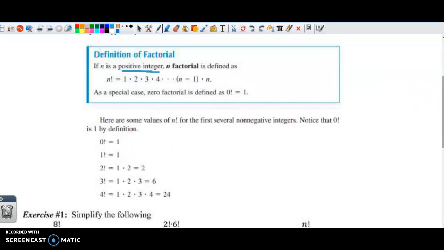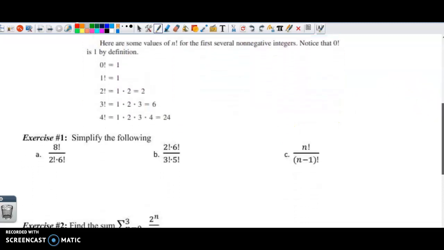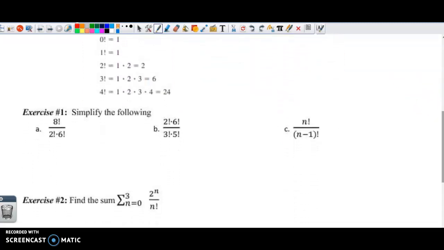So the reason why I called this section Fun with Factorials is that you don't have to actually know 8 factorial to get this answer. All you need to know is that 8 factorial is the same thing as 8 times 7 times 6 times 5 times 4 times 3 times 2 times 1. And honestly, you don't even have to write the times 1 because multiplying by 1 is not going to change the value of it. But the reason why that's helpful is because then,